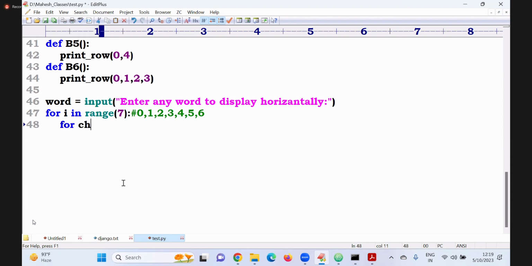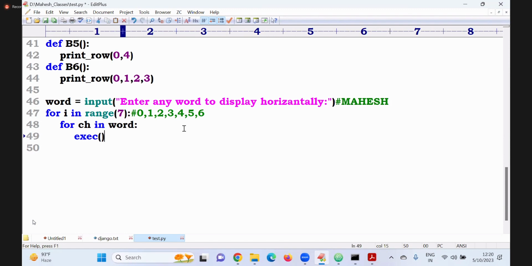For each character in word. What did I give in word? I gave Mahesh. So first ch, what is the first ch? M. Next ch is A. Like that it is coming. Okay, I am telling a function. What is the function? exec, the execute function.